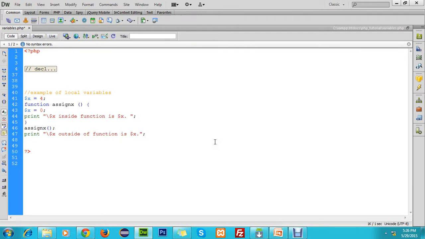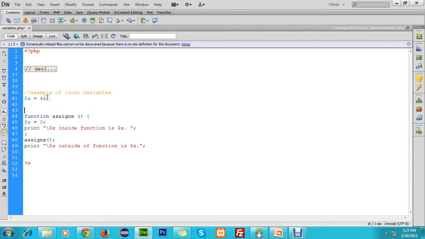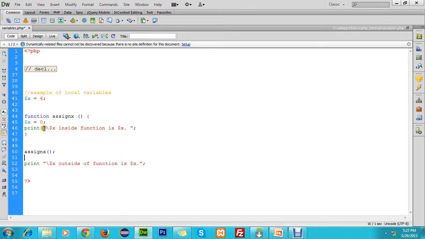Okay, now you can see here that we are taking one variable, $x, and we are assigning an integer value to it outside. And another $x we are going to take, which we are declaring inside the function. You can see here.